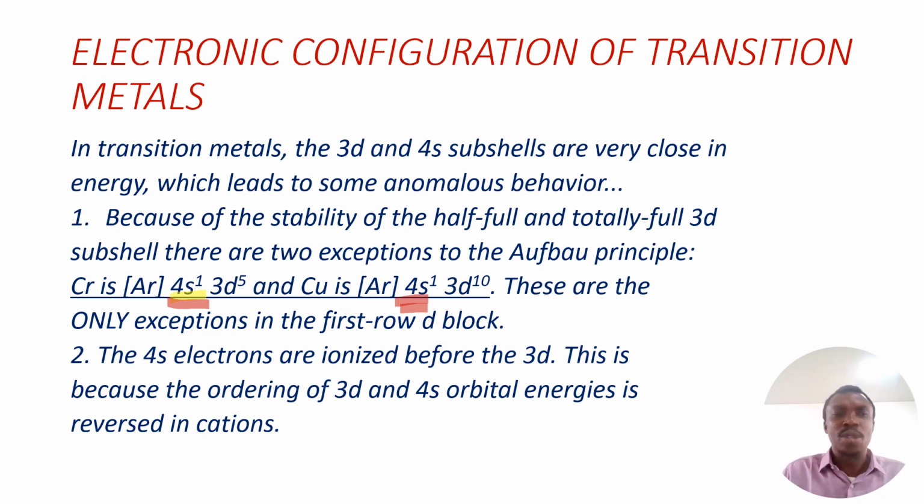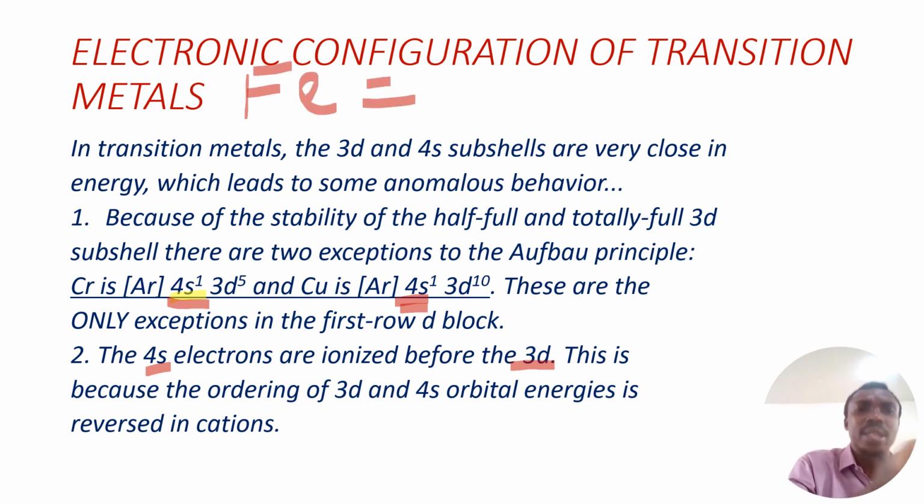This is because the ordering of the 3d and the 4s orbital energy is reversed in cations. So the 4s and the 3d are also involved in the ionization process. Electrons leave the 4s before the 3d. For example, if we have iron, which is a transition element, iron is 26. If we write the electronic configuration, it will be